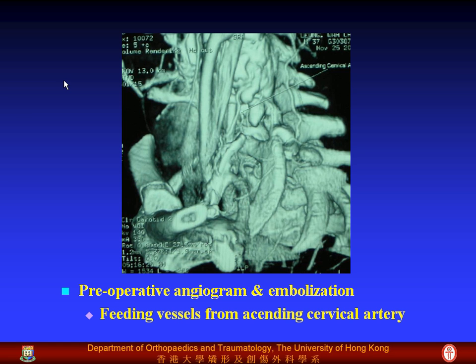We planned to do a marginal excision, meaning, of course, in the spine you can never get a radical because you're close to the dura. But in any case, this is a benign condition, so we do not think we need to do a radical excision as such, meaning excising the two vertebrae completely. So we decided to do a marginal excision. Of course, osteoblastoma is going to be very vascular, so we decided to do a preoperative embolization and look at